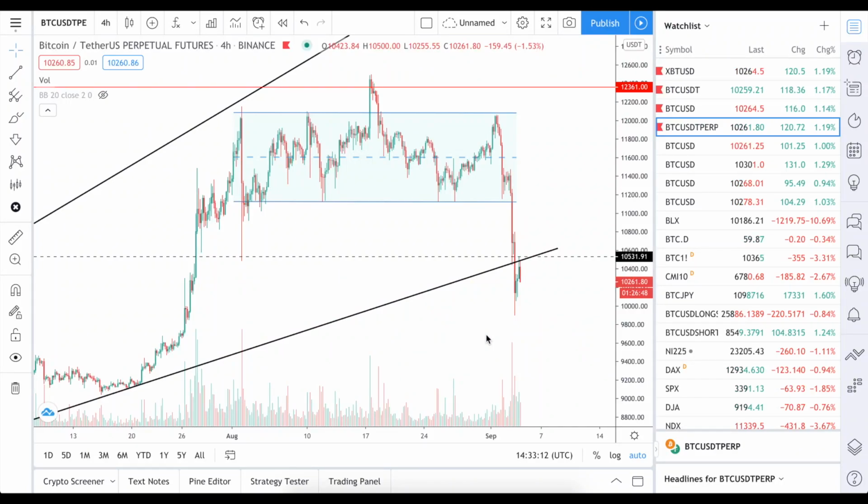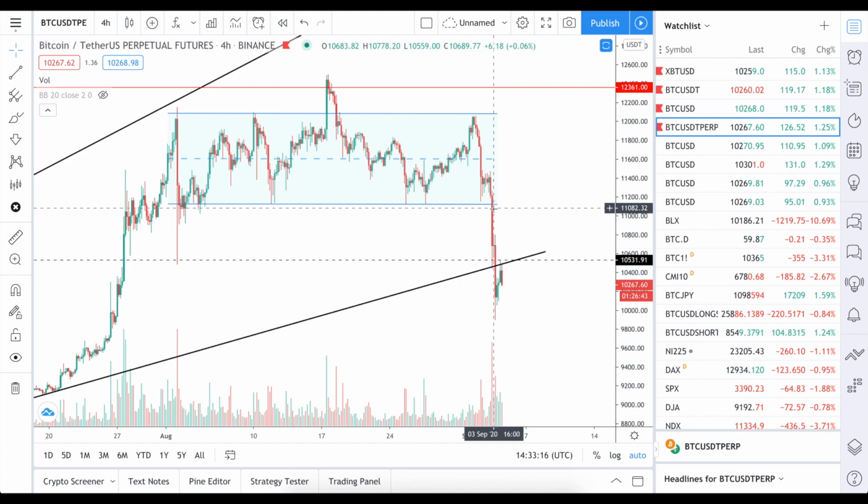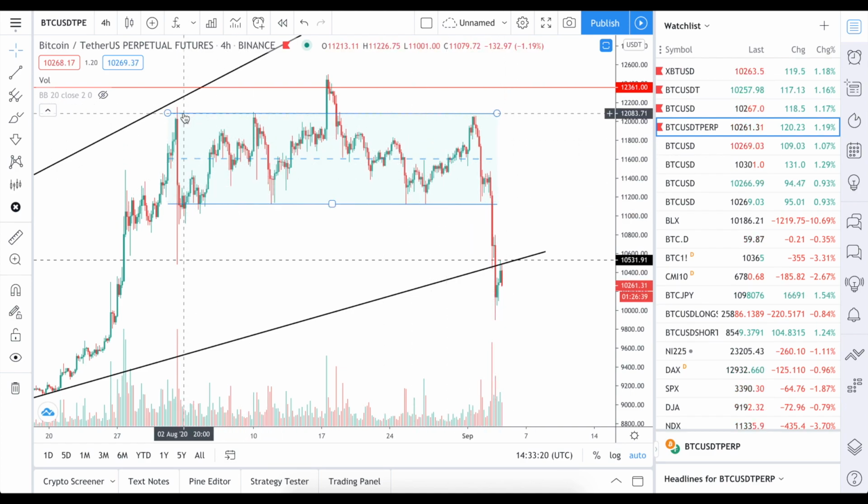Alright guys, let's see what's happening with the price of Bitcoin. And we have a breakout to the downside. So this channel, which was formed for like a month, we had the upper part, the resistance area, 1, 2, 3 tests and one fake breakout,